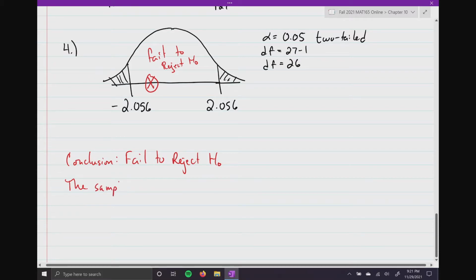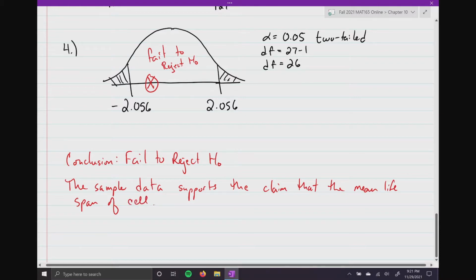The sample data supports the claim that the mean lifespan of cell phones is equal to